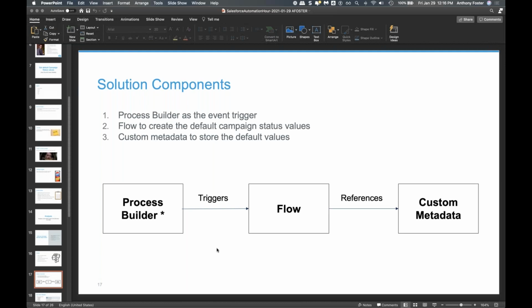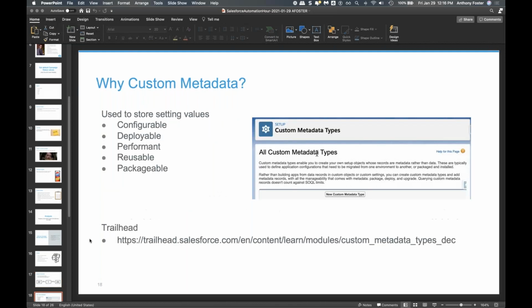And that's how we're going to store our values. So then why would we use custom metadata? Well, custom metadata is essentially an object. It's an object for settings instead of an object for data. It looks just like a custom object. You set it up very similar to a custom object, but it stores settings that you can use throughout your